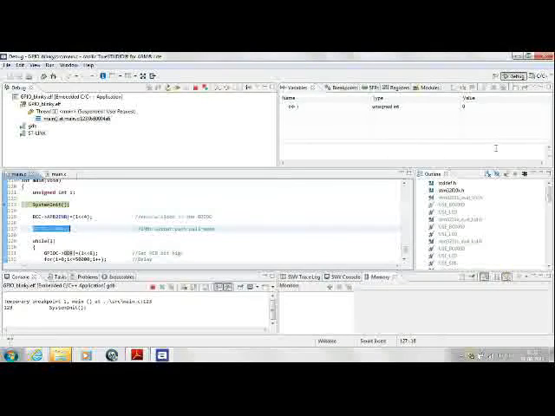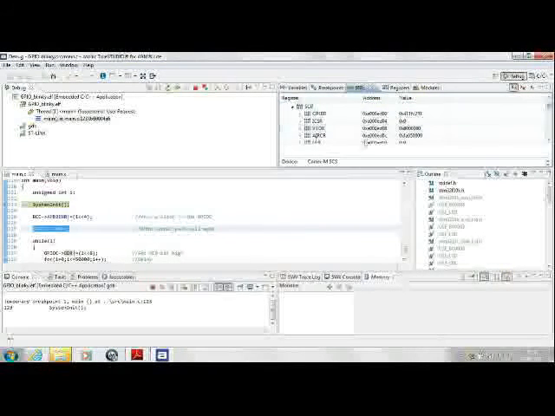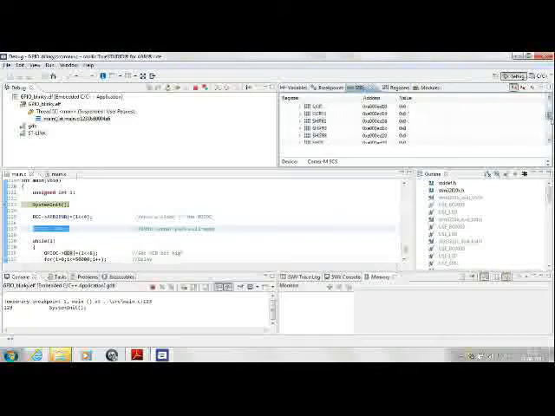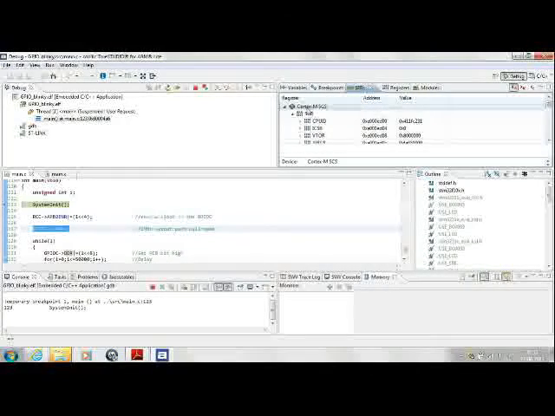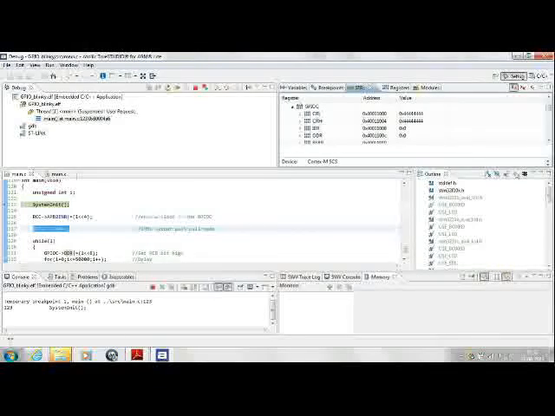The second window that needs to be of concern right now is the window that monitors the values at real time available with the microcontroller. Go to the SFRs, that is the special function registers. These are the registers available with the CPU itself. We are not concerned with that for now. We are concerned with the peripherals that are associated with the CPU, and more so the port C.